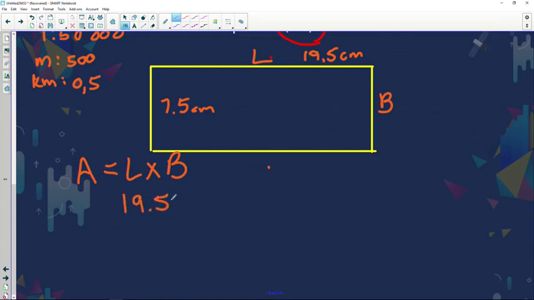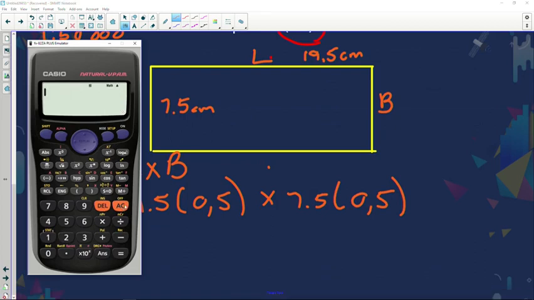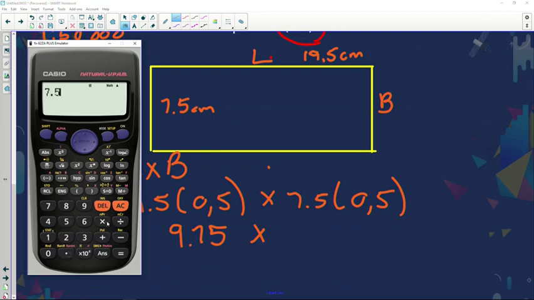19.5 centimeters. If I want my answer in square kilometers, what do I times it with? 0.5 times 7.5 times 0.5. Quickly go and use our calculator. 19.5 times 0.5 equals 9.75 times 7.5 times 0.5 equals